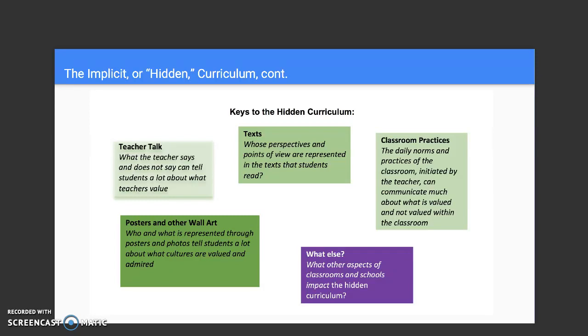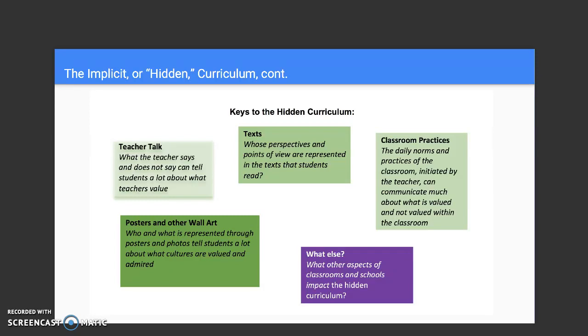So in that classroom, the few girls that were in there may have gotten the message that texts and stories about women and by women weren't valued or important. So I was willing to fight that fight because I wanted all of my students and my male students to understand that all perspectives and points of view have value.